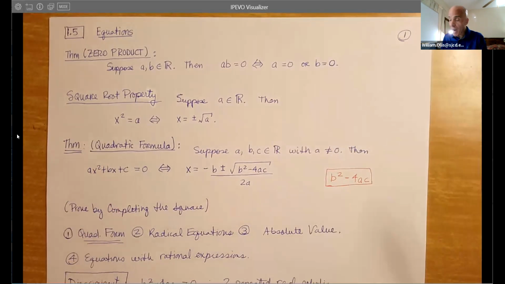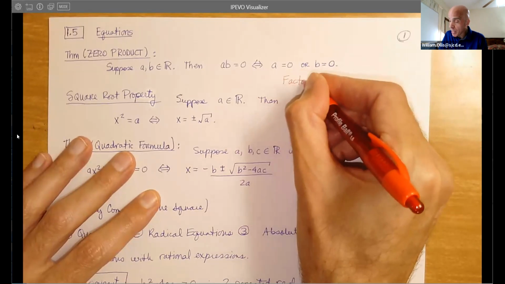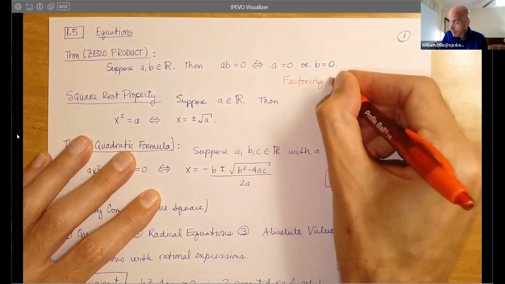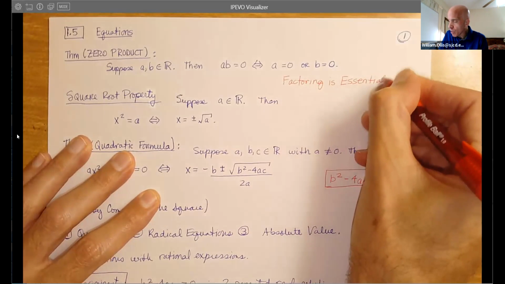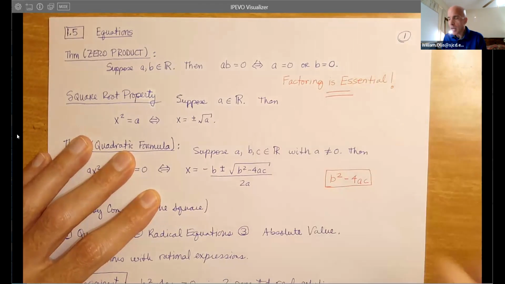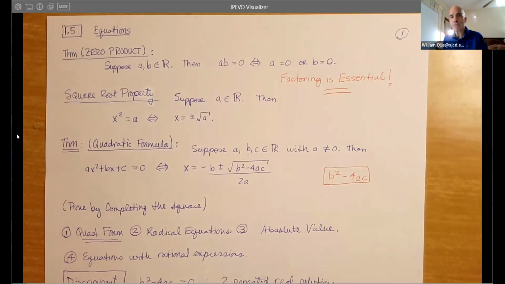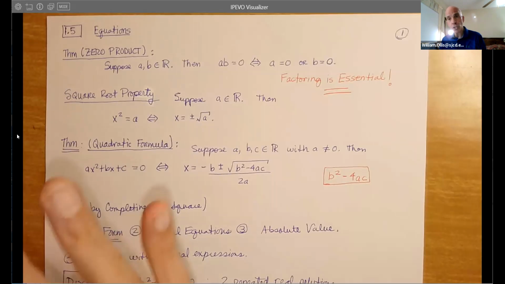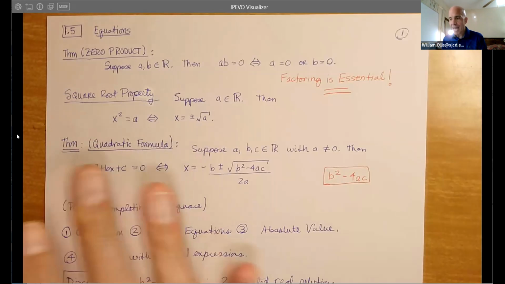So what you want to write in your notes is, we'll say factoring. Factoring is essential. You don't factor because your professor just tells you to factor. You factor because it moves the solving of equation process forward very, very much in a way that puts you in the know. So the manipulations you do, factoring, combining terms, common denominators, absorbing common factors, allows you to use